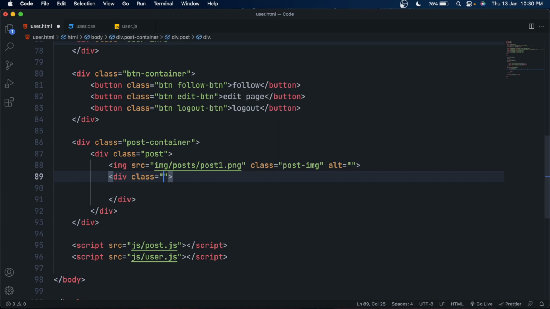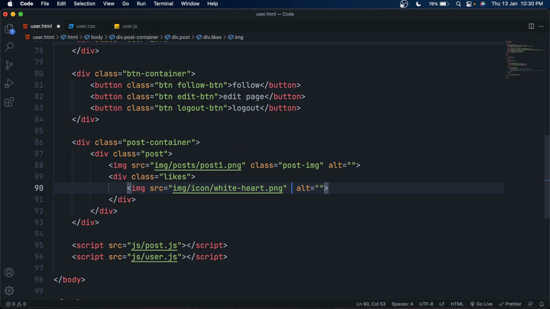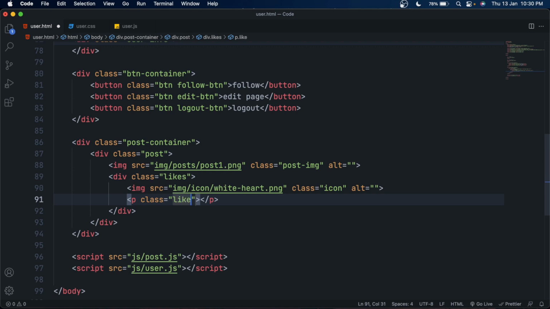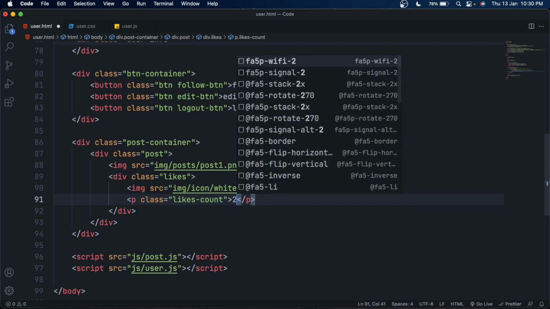And after that, make a div and give it the class likes, and this will be our overlay or like a hover element. So inside it, give it an image element and set it to be a white heart icon. Give it a class icon also, and after that, make a p. Give it a class likes count. This will be the count of our post likes.